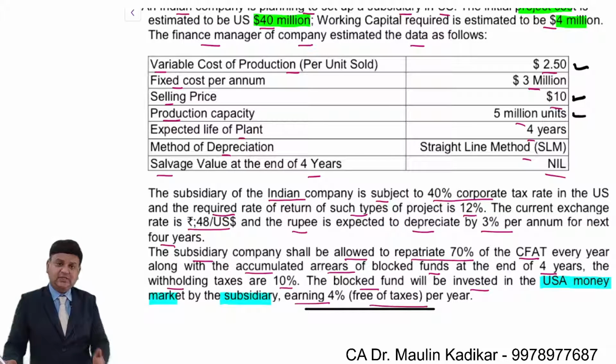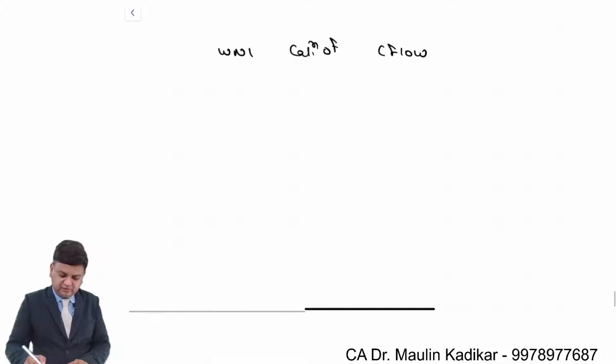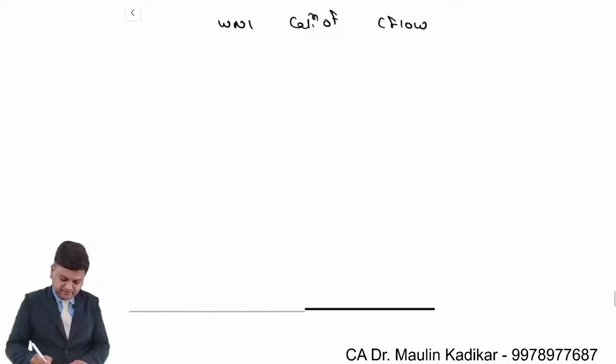So we assume that whatever production capacity we have is the capacity that we are going to use, and accordingly we'll make the calculation of the sales. Fixed cost is given and depreciation is given. So working note number 1 is cash flow